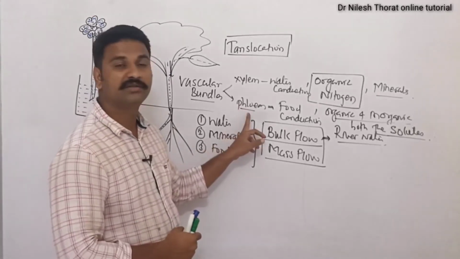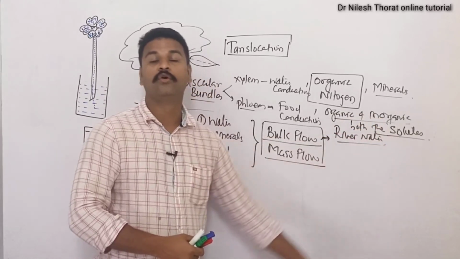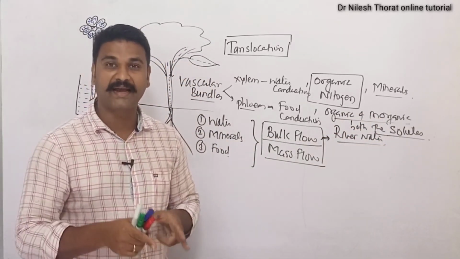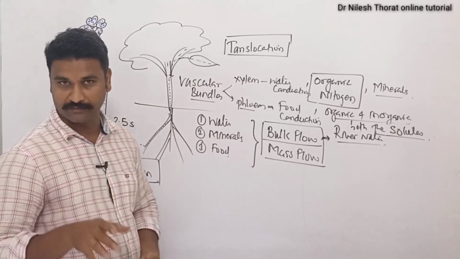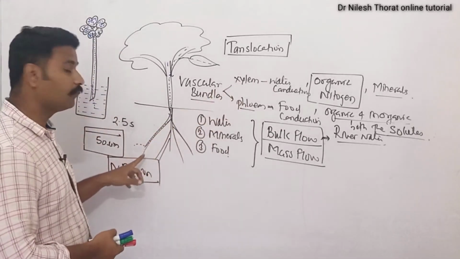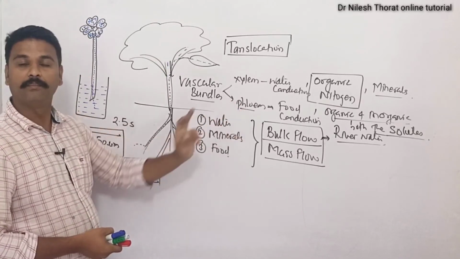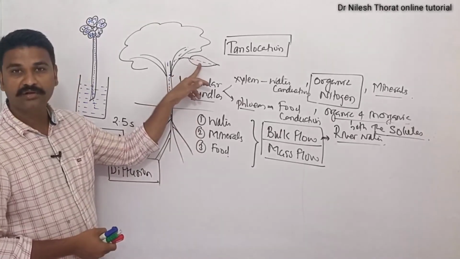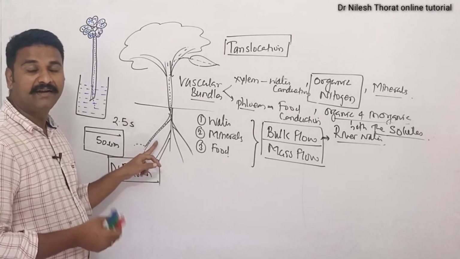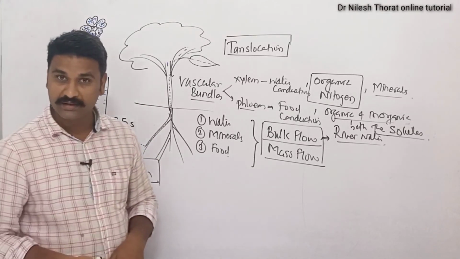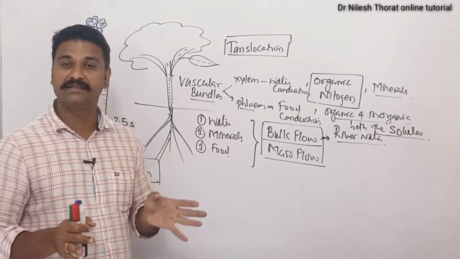Okay, and phloem is responsible for transporting food and both organic and inorganic solutes from leaf to stem and to the roots. So the direction of transport in xylem and phloem is also different. Xylem is responsible for one-way transport, from root up to the tip, while the phloem is responsible for multi-directional transport. It first transports the food material from leaf to stem, from stem to the root for storage, and when the senescence period is over, the food material is shifted again from root and stem to the branches and from branches to the leaf.